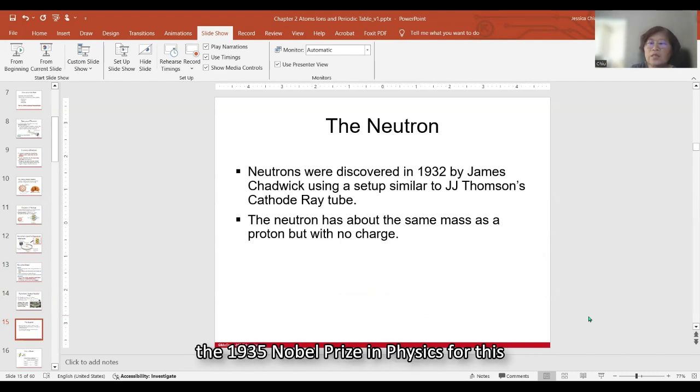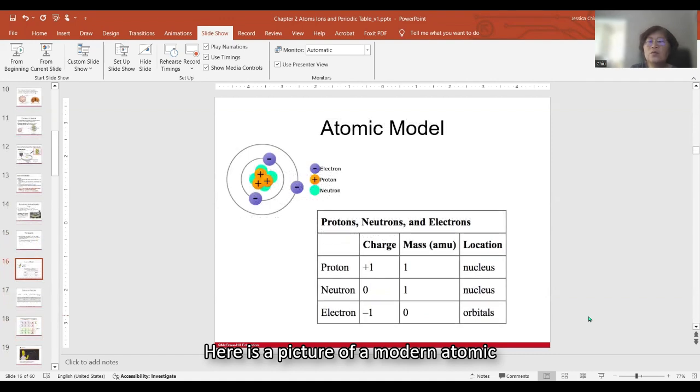Chadwick was awarded the 1935 Nobel Prize in Physics for this discovery. This is significant because the discovery of neutrons laid the foundation for nuclear fission and the development of nuclear bombs. Here is a picture of a modern atomic model. Atoms are made up of three types of subatomic particles: